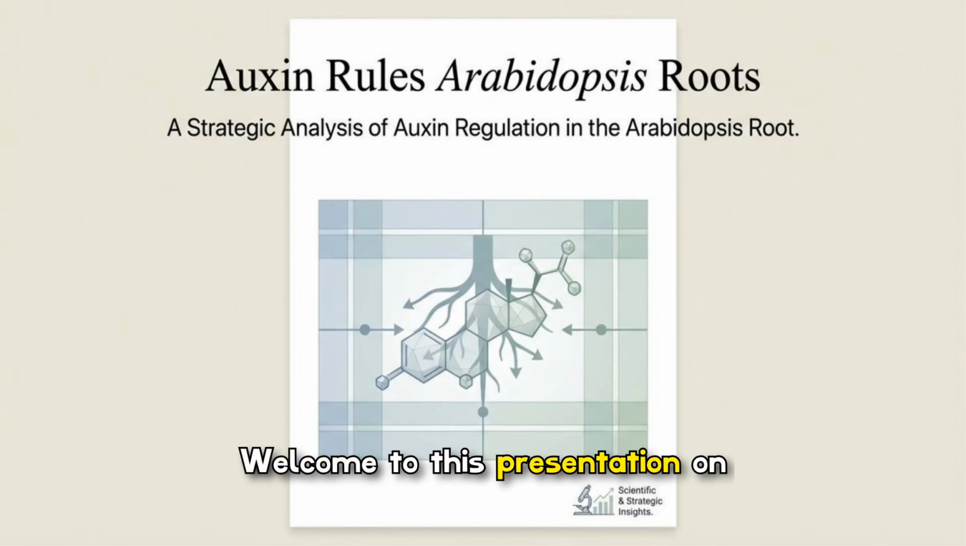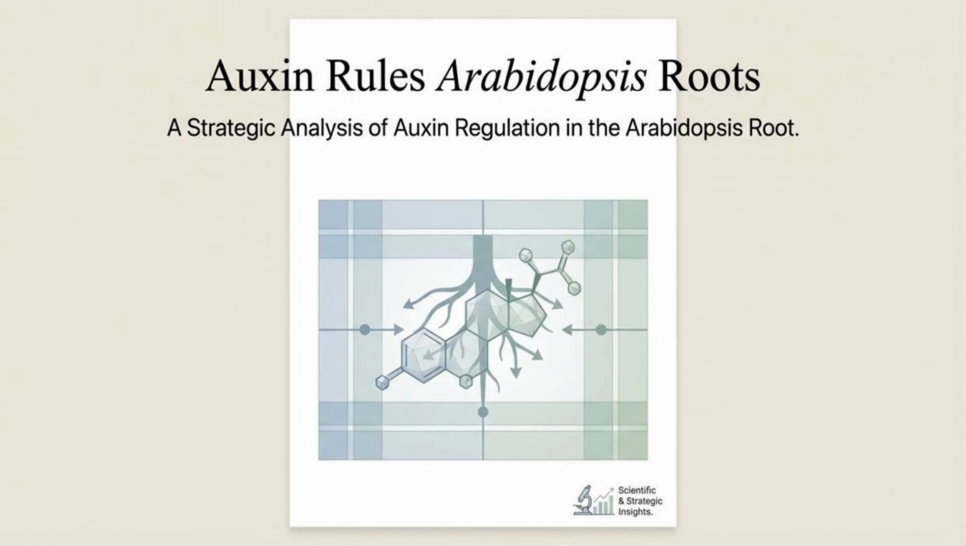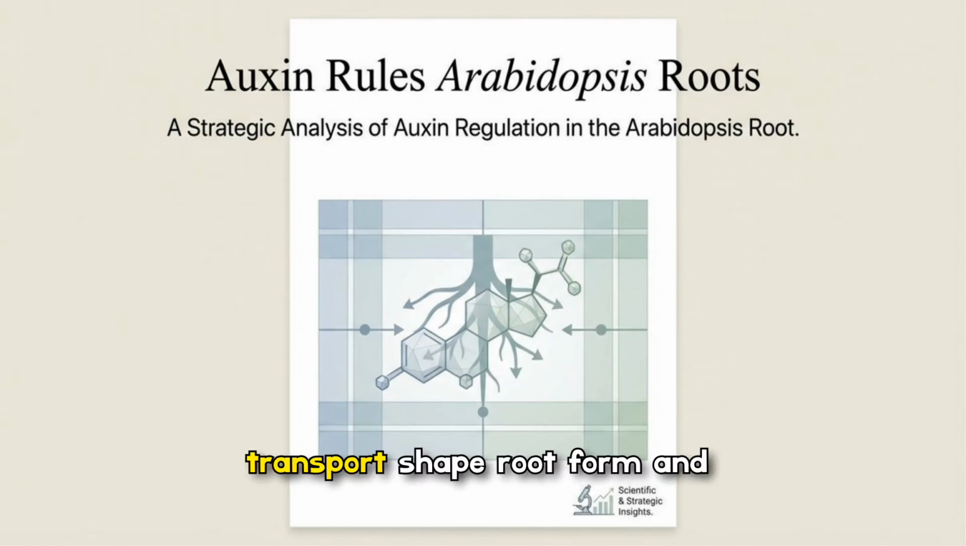Welcome to this presentation on auxin regulation in Arabidopsis roots. This slide introduces the topic and frames our exploration of how auxin gradients and transport shape root form and function, setting the stage for a detailed look at molecular players, transport systems, and engineering opportunities to direct root architecture for